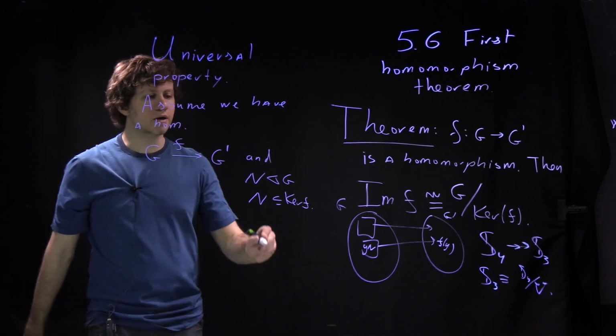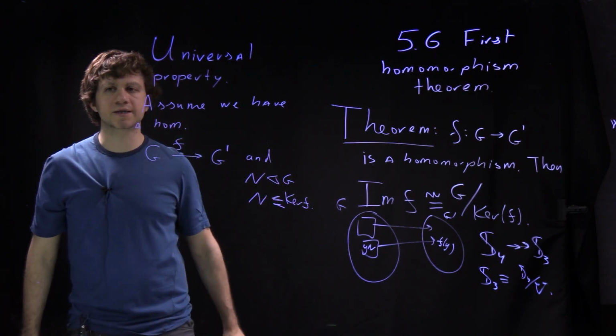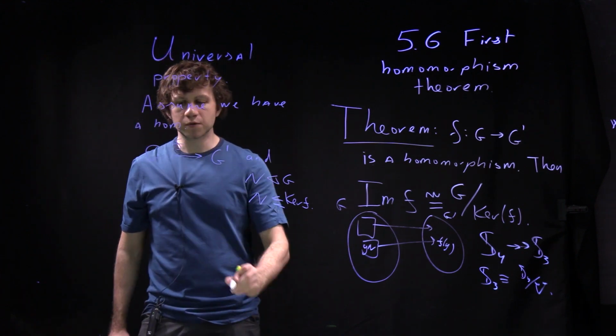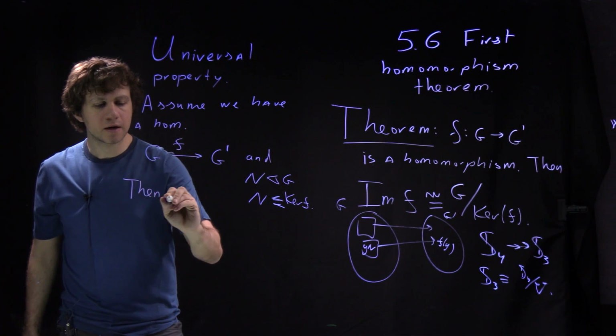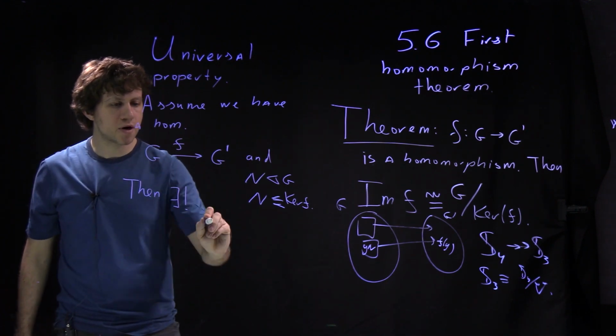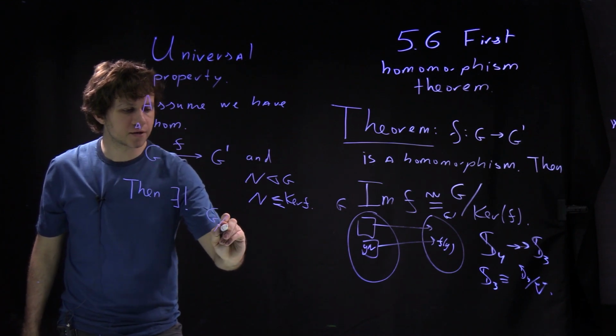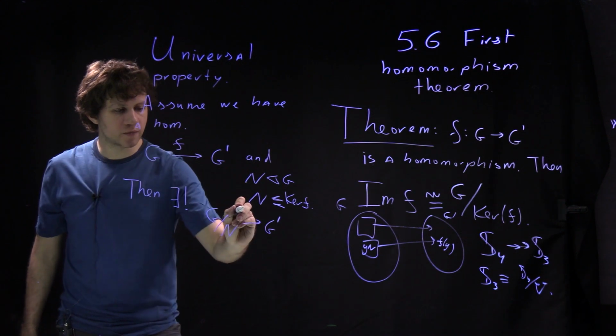So two conditions here: it's normal in G, and contained in the kernel as a subgroup. Then there exists a unique map from G factored over N to G prime, which I will denote by F bar,